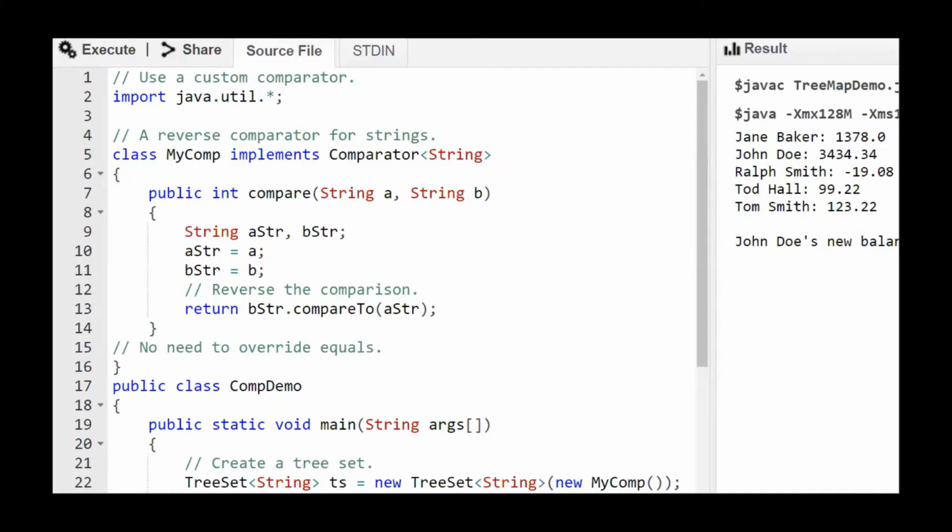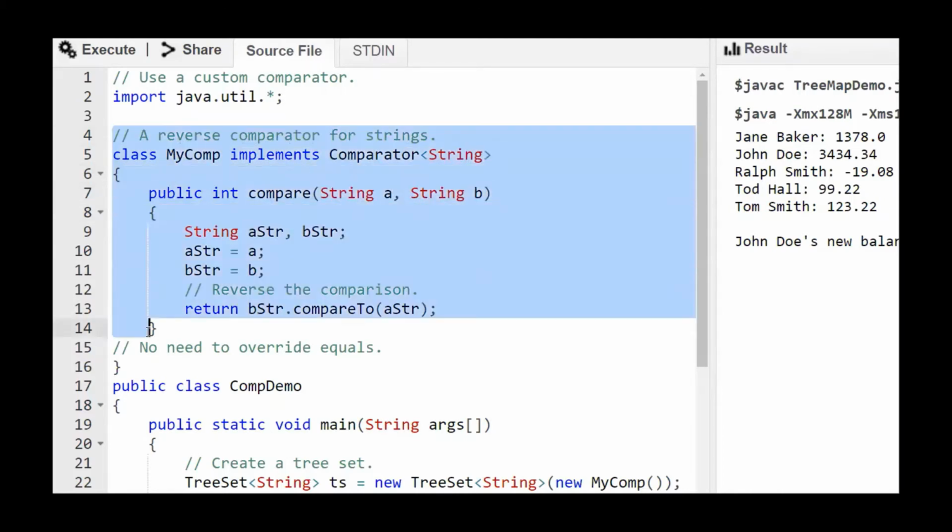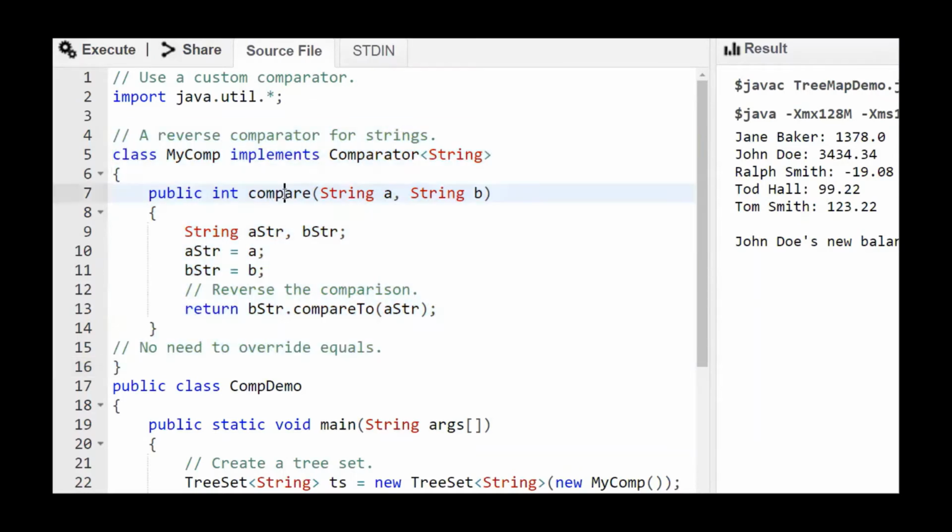So consider this particular program, where we will first have to declare a comparator. So we'll write a class with the name of the comparator, implementing the Comparator interface, and the data type is String. Inside this class, we should have a method that is compare, and the return type should be integer. It should take two strings. Depending on the data type we have specified here, the same data type should be specified for parameters with names of our own.